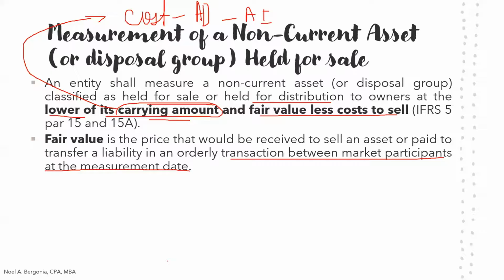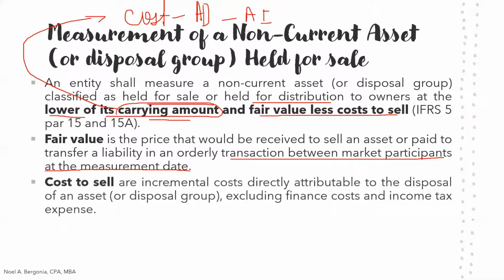By the way, we have already discussed that under IFRS 13, the priority in how we account for the fair value, right? So it could be observable inputs, unobservable inputs, or the market participants and the like, or the similar assets. So again, please remember what we have discussed previously, since they are connected here. But anyways, we need to deduct cost to sell.